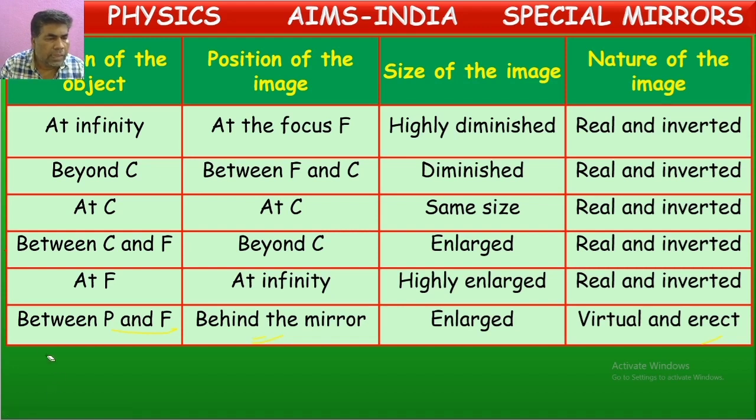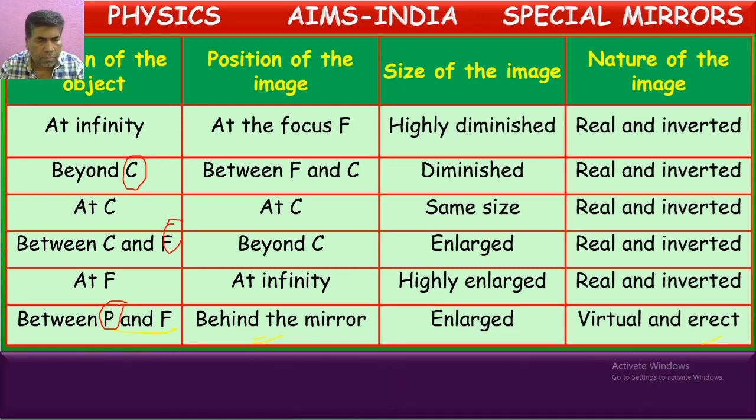Okay. Here the position of the image or position of the object, how we are comparing, based on the points like center of curvature, focus, pole. Basing on these 3 points, we are telling the object position and image position and nature of the image. Okay, children? Questions on this entire topic we are going to discuss in tomorrow's session. And again, you are going to have an online exam on Sunday on the same topic.